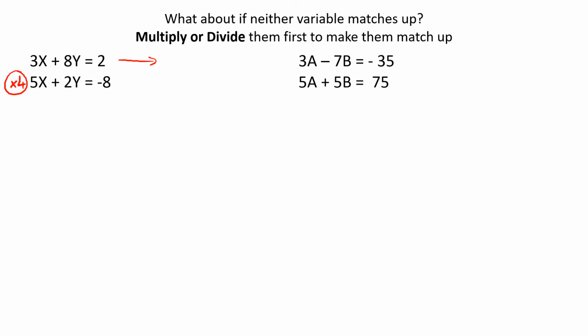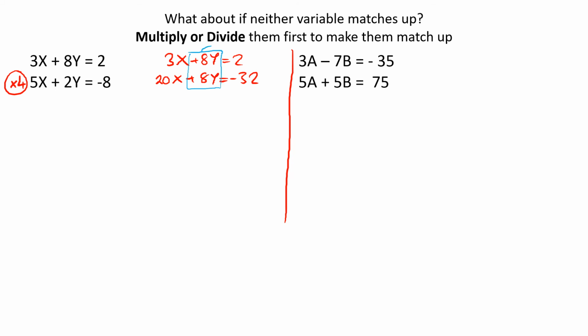The top equation is going to stay exactly the same: 3x plus 8y equals 2. Let's put a little dividing line in there. The bottom equation is going to be times by 4. So we'll end up with 20x plus 8y is equal to, and don't forget to multiply all of it, minus 32. So we've now got a situation where we can do what we did before. It's just taken that extra step of multiplying up. We've got the same signs this time, so we're going to subtract. Let's do that. That will give us minus 17x